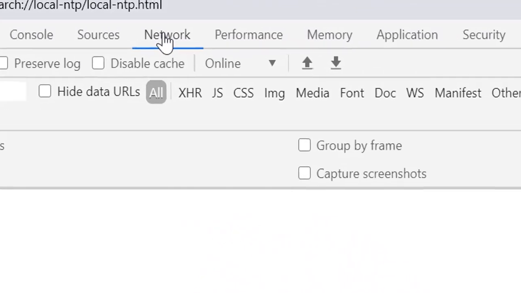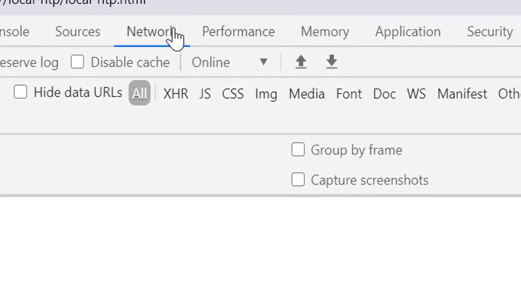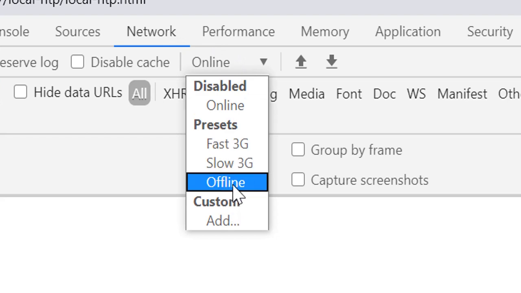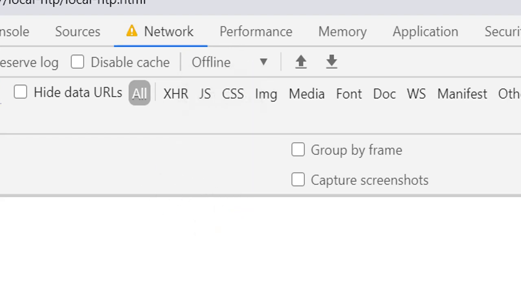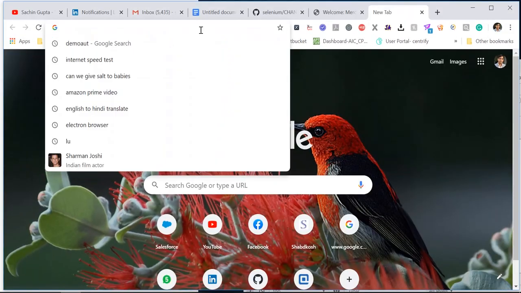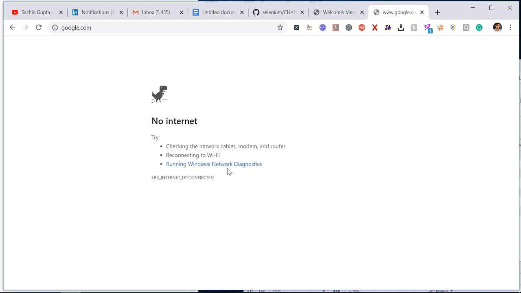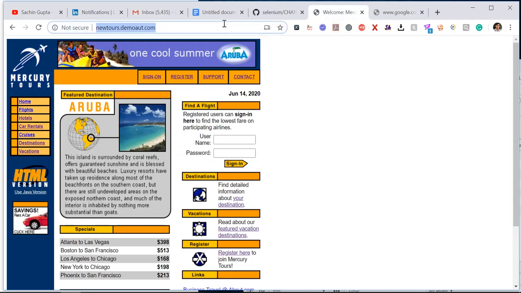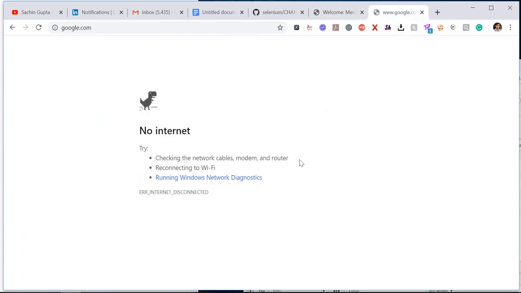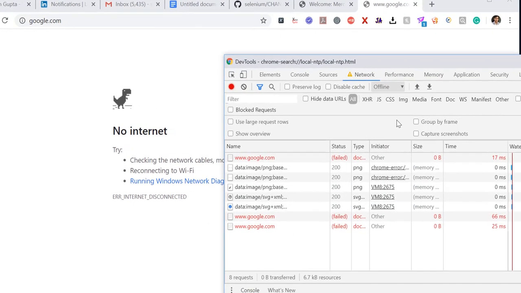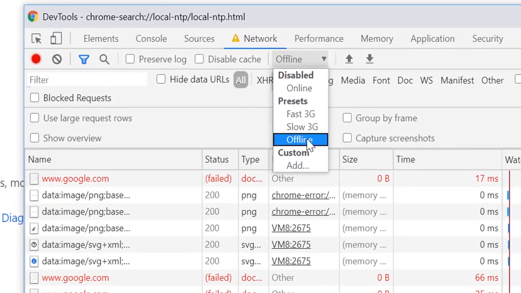In developer tools, this is our network tab. If I select offline, even though my internet is on, and I open anything here, like google.com, it will not open. Here we can see no network connection. Even if I am in another tab and I refresh, that other tab is working fine because the network is there. But in this present tab, I just disconnected the network. So these things I am demonstrating today, how they can be handled using Chrome DevTools. This is the feature I am going to talk about.